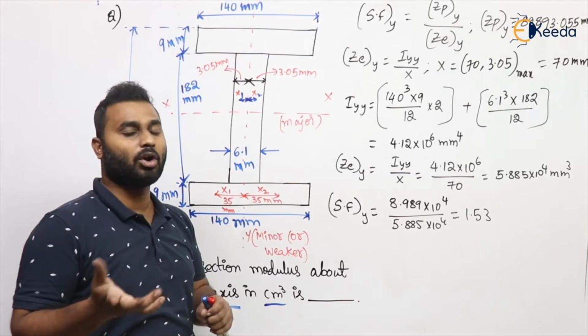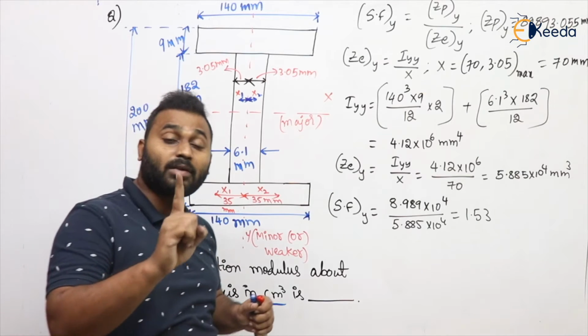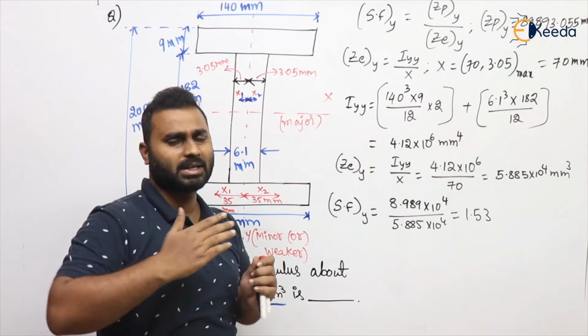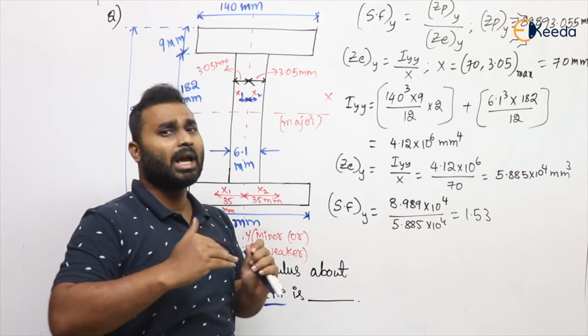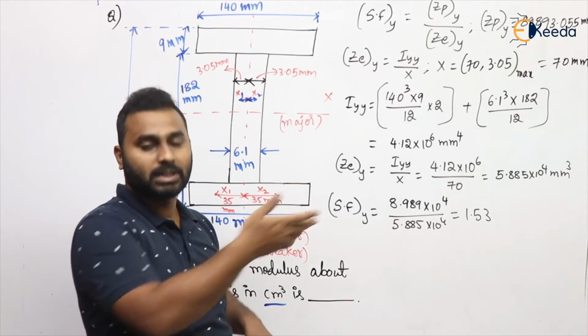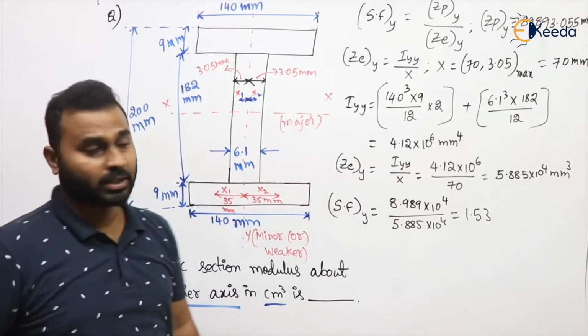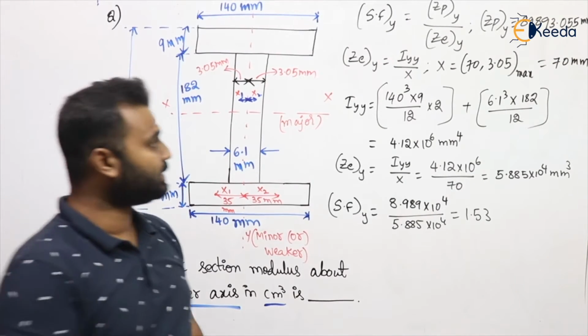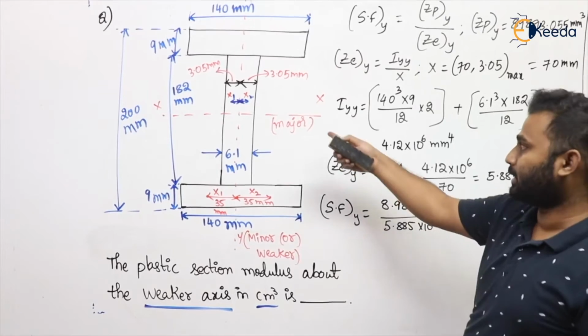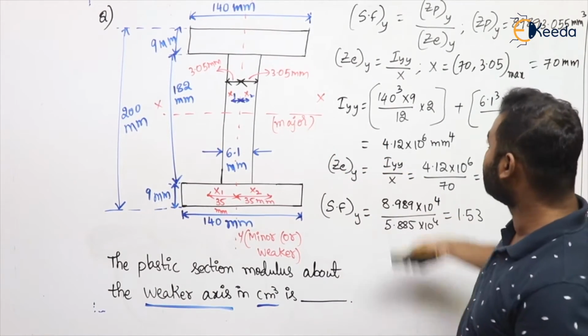We know the standard value of shape factor for an I section along the major axis is 1.12. It means the value of shape factor for an I section along the major axis lies between 1.12 and 1.14. Now we'll see how that value comes. I'll erase this and we'll discuss the calculation of shape factor for the I section along the x-axis.